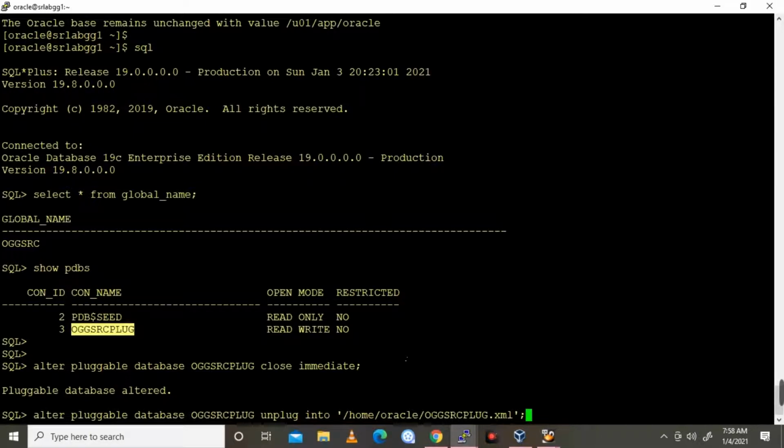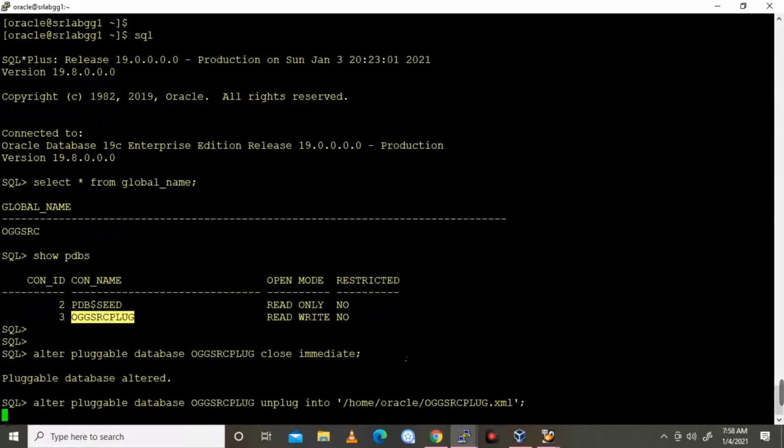I am going to unplug the OGG SRC PDB from this container. I am closing that OGG SRC source PDB and I am going to unplug now.